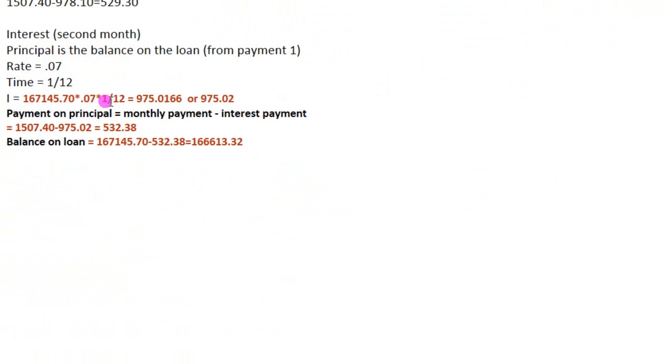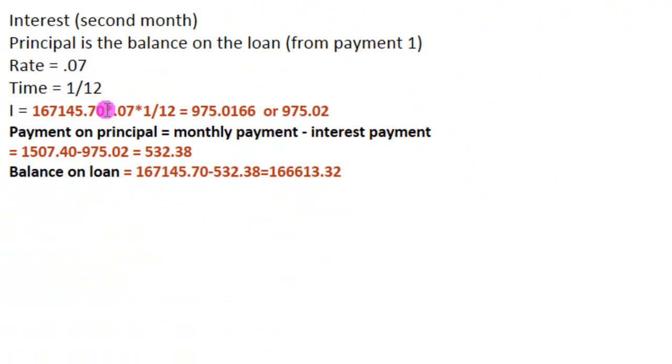I equals PRT, but we're going to use the principal, which is the balance on the loan from payment number 1. So $167,145.70. The rate is still 0.07, a 7% interest rate, and the time is still 1 month, which is 1/12 of a year. So you do that calculation, and you get 975.0166, rounded to 2 decimal places,